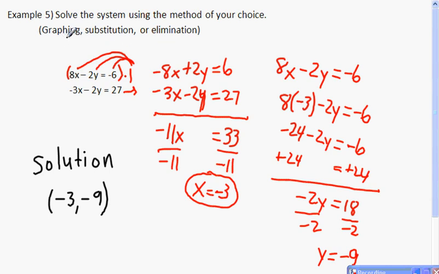Substitution is when a variable is already solved, such as example 4. Elimination we'd use when they're stacked upon one another. Graphing, when I would use graphing, is when both equations are in slope-intercept form. When both equations are in slope-intercept form, you can go ahead and use the slope-intercept form method of graphing. This concludes our lesson. You'll continue on